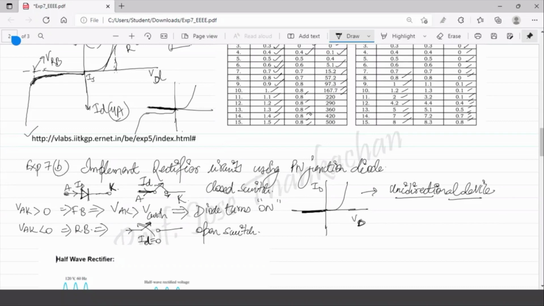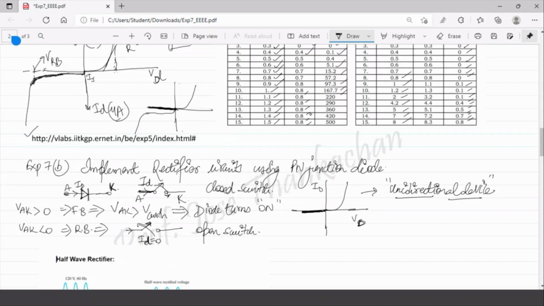It is allowing the current flow, because by controlling the bias voltage, we are able to change the property of this PN junction and allow the flow of current, right? So this current is allowed only from anode to cathode. There is no current flowing in the reverse bias condition from cathode to anode. So only one direction the current is flowing. We call this a unidirectional device, from anode to cathode only in the forward bias condition.